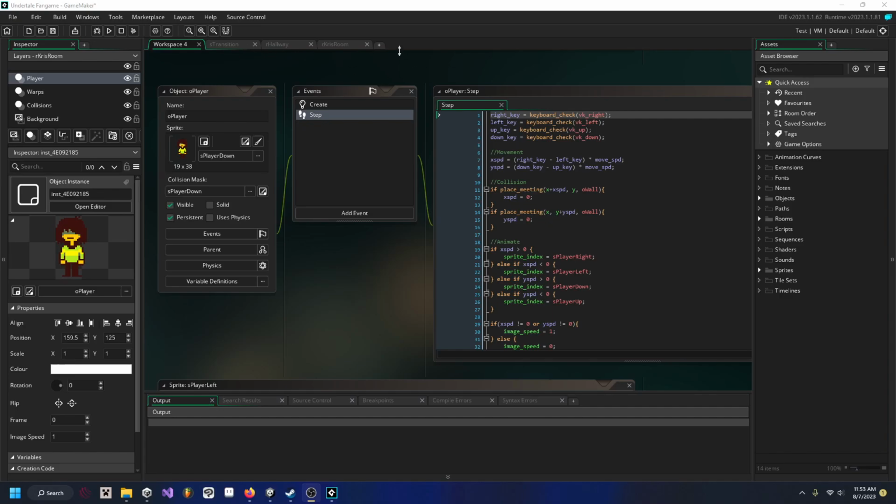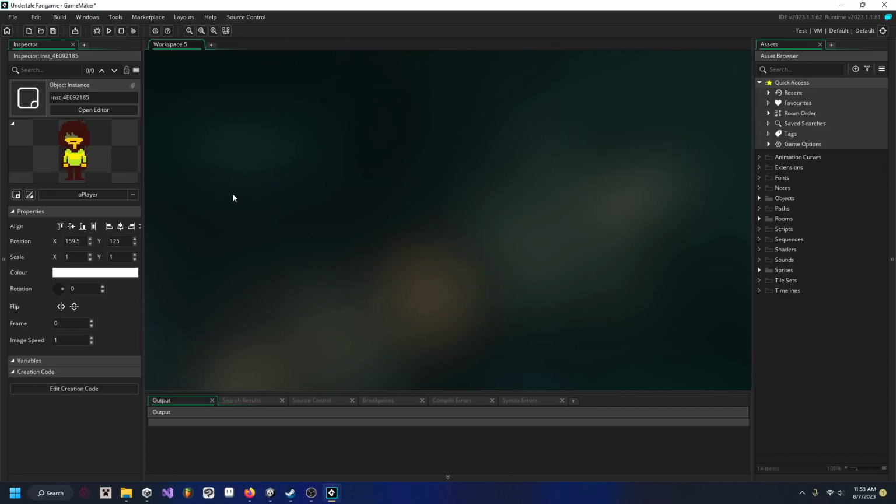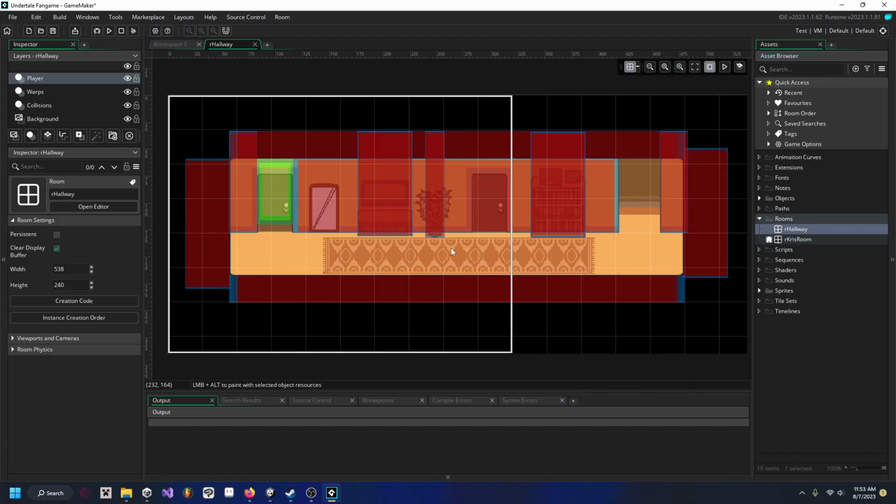Okay, so I'm gonna clear up my workspace by just creating a new one and then closing everything else. And cool. So what we're gonna do first is open our room. It can be whatever room you want, because we're gonna have to do this to every single room. So I got a comment letting me know that